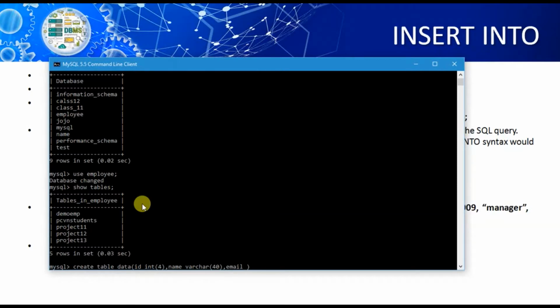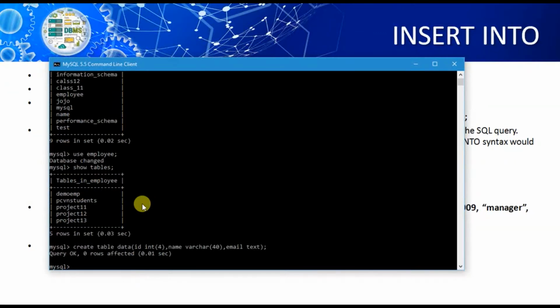If you are not getting why I am taking text, varchar and int, watch my previous videos in which I discussed the data types in MySQL. Look here, query OK. It means the table has been created. Now we need to check whether the table is created or not. So we can describe the table.